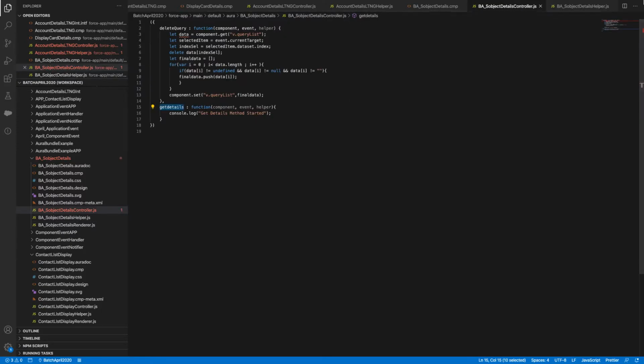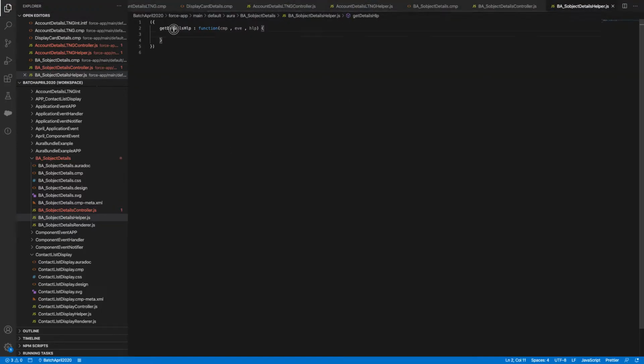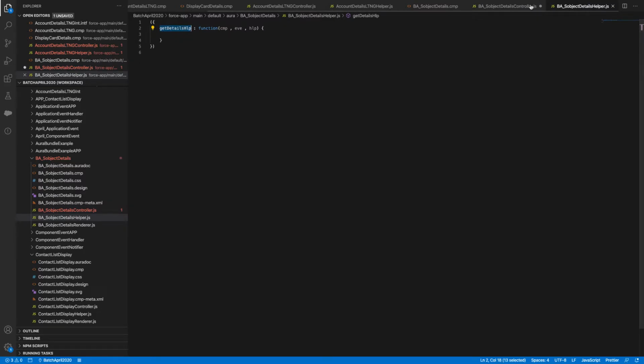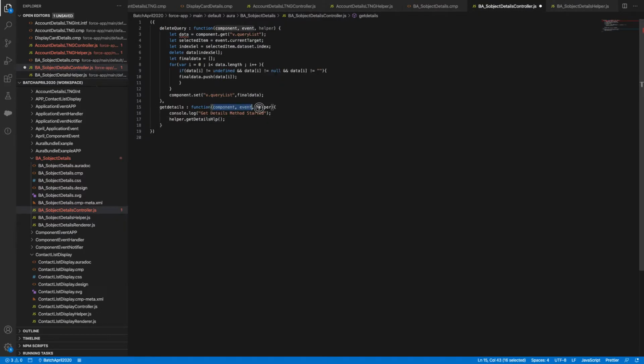Yeah. Now if I want to call my HLP method, I'll say helper dot HLP. And because I'm accepting three parameters here, component, event, HLP, I have three parameters in the reference of component, event, HLP.